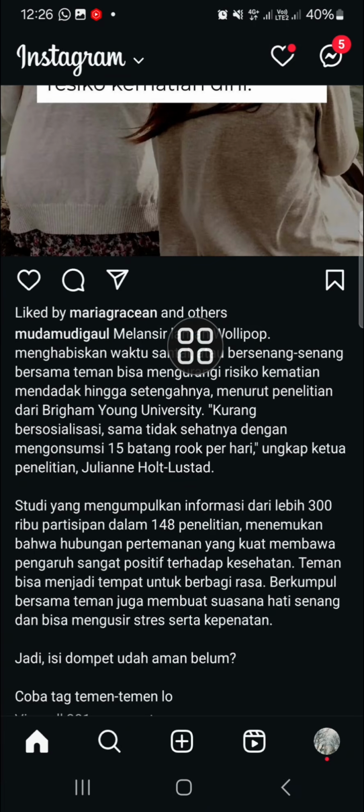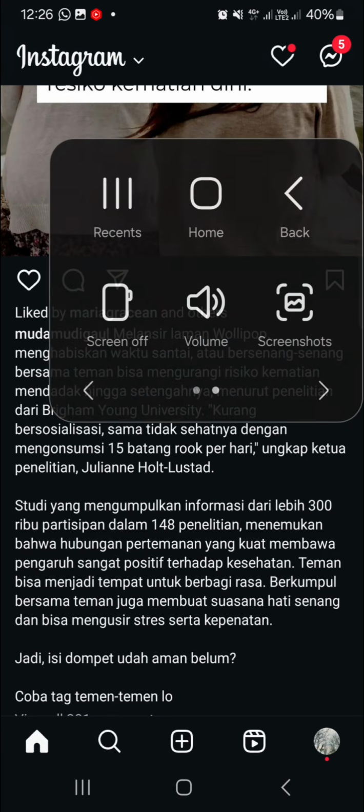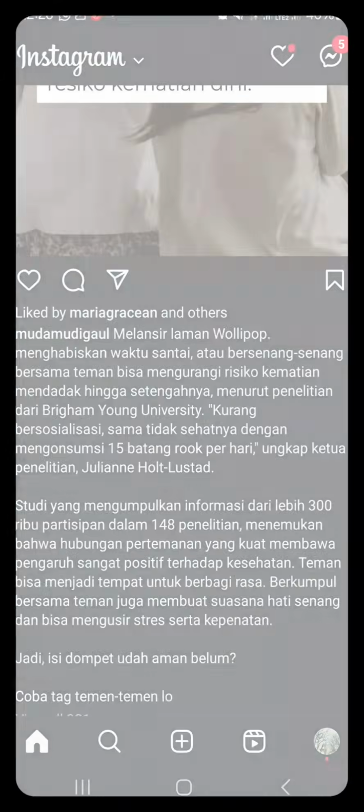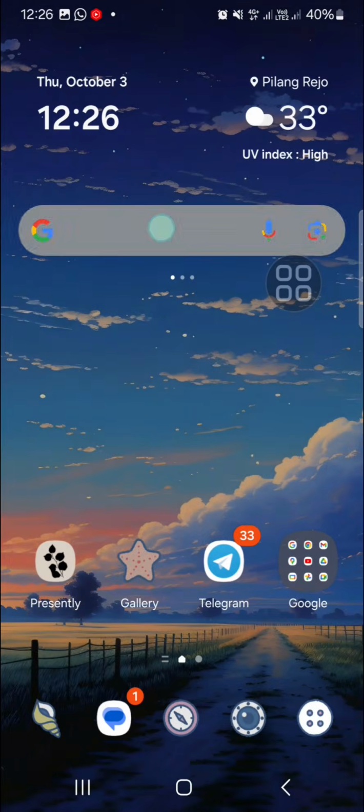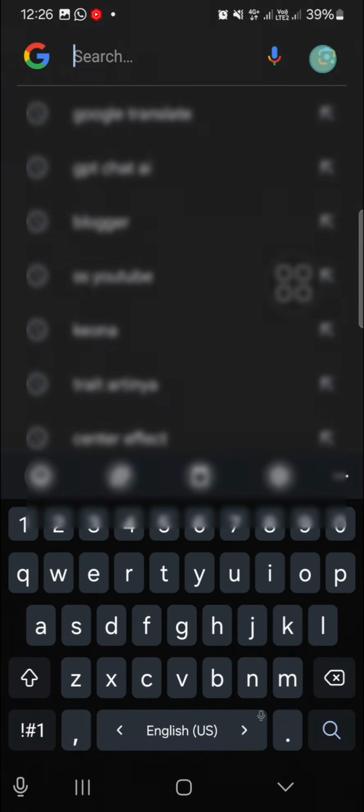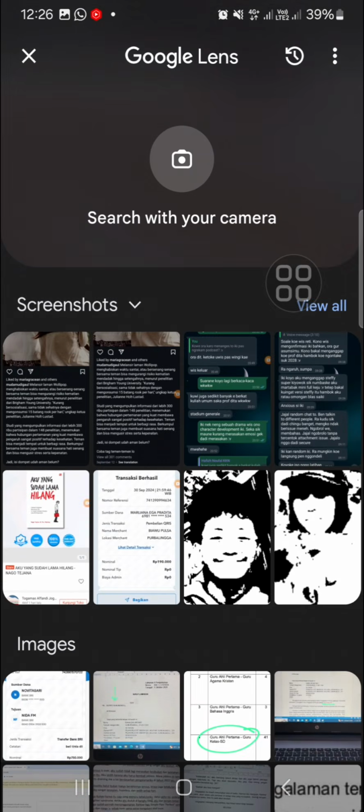We're going to use Google Lens to copy the text. First of all, you need to take a screenshot of the caption like this. And you're going to go to your Google application. I'm going to go to Google Lens and upload my screenshot to Google Lens, just